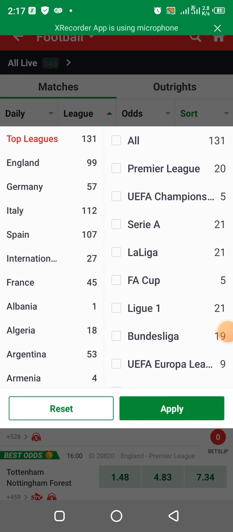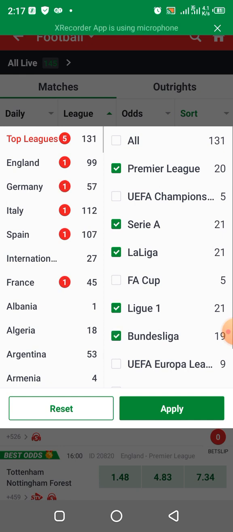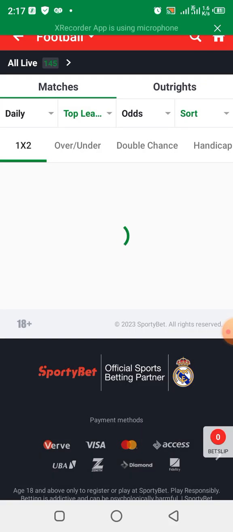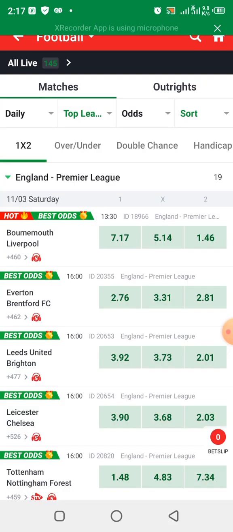So the leagues that we are selecting are the Premier League, Serie A, La Liga, League One, and Bundesliga. So these are the leagues that we'll be making use of as practical elements of today's video content. So first we have the match between Bournemouth and Liverpool,